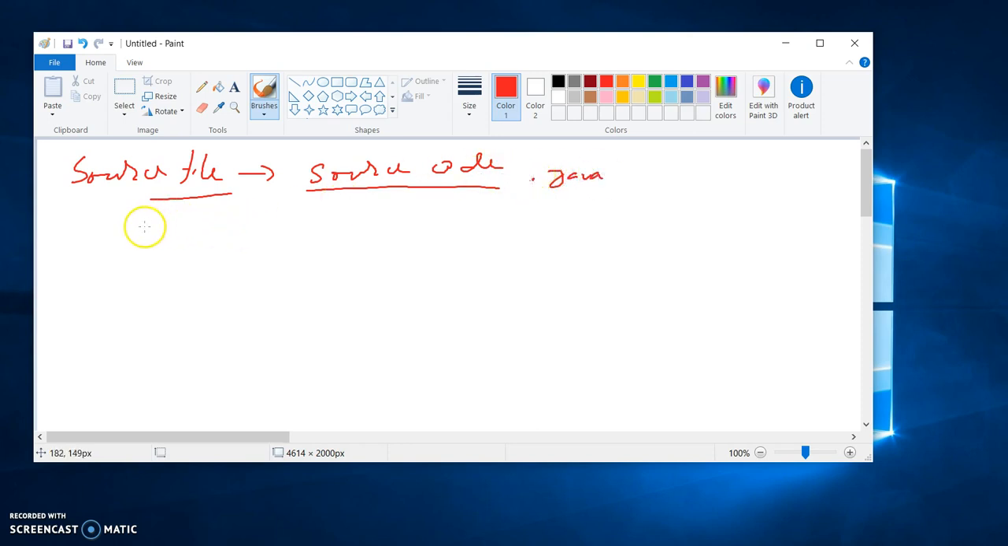Okay, so let us take an example of a hello world. My source file name is hello world, so the extension should be .java. Now if you have installed the JDK in your computer, then you are going to compile it. So the next step is compilation. After you compile, the HelloWorld.java will be created as